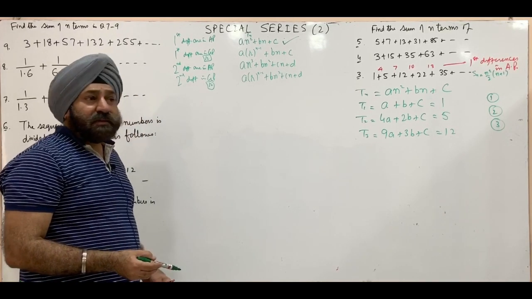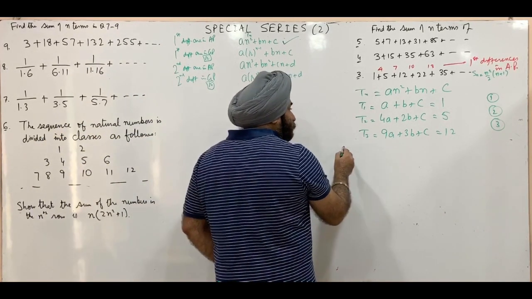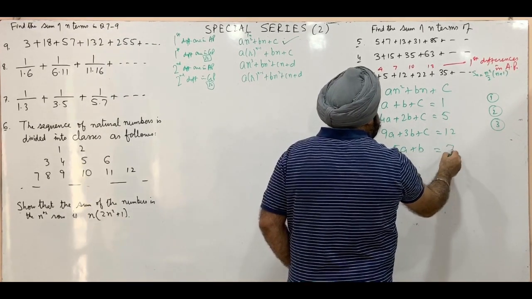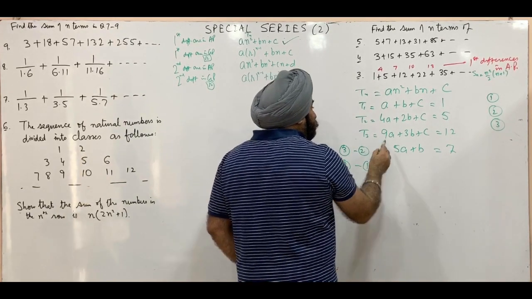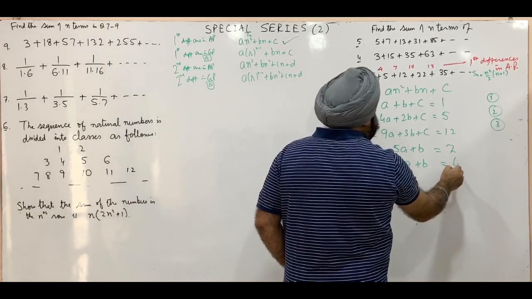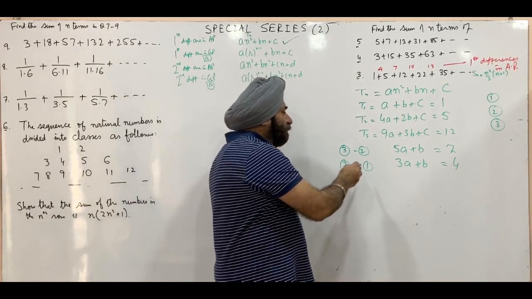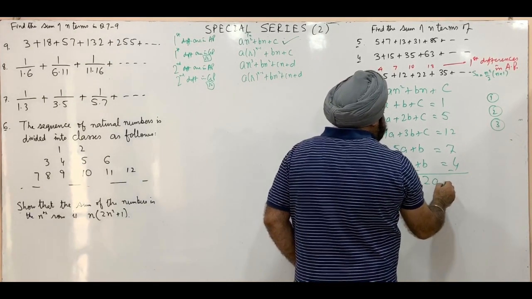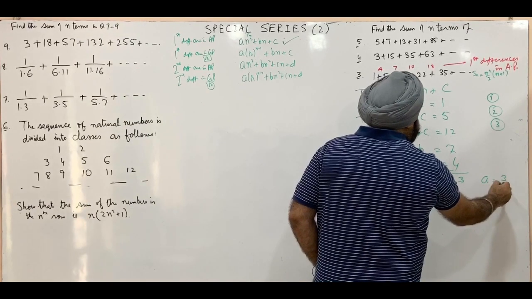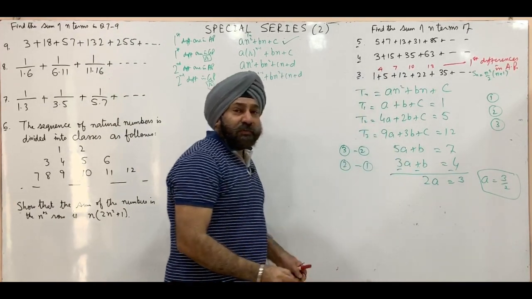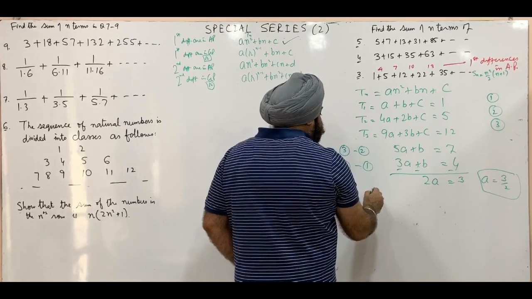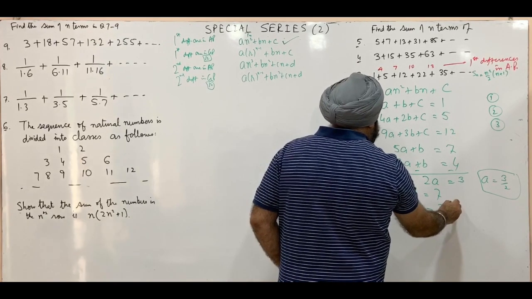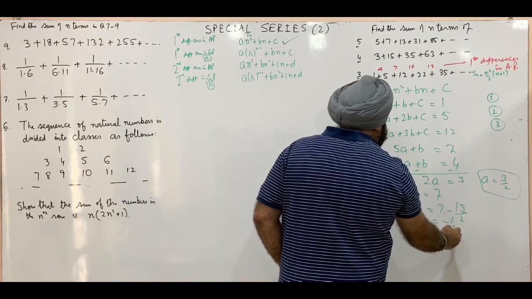Solution of a, b, c is very easy. We subtract second from third to get 5a plus b as 7. Then second minus first. This gives us 3a plus b equals to 4. So applying this, we are getting two equations in a and b, and we subtract. This is 2a is equal to 3, or a is equal to 3 by 2. We substitute value of a equal to 3 by 2 in this equation. This is 5 into 3 by 2 plus b, that's 7, or b is equal to 7 minus 15 by 2. This is minus 1 by 2.